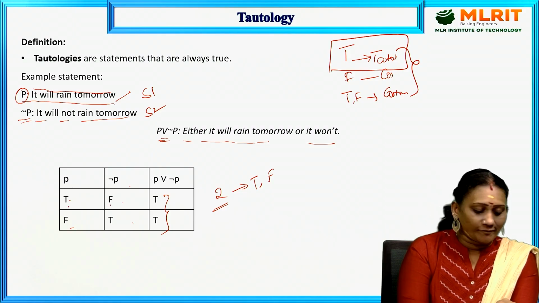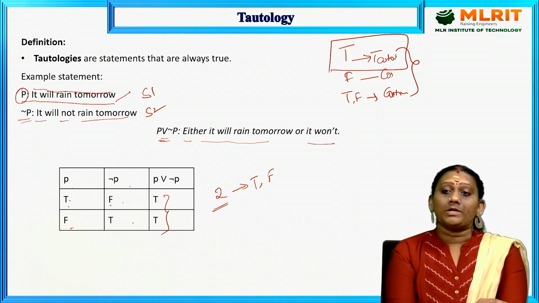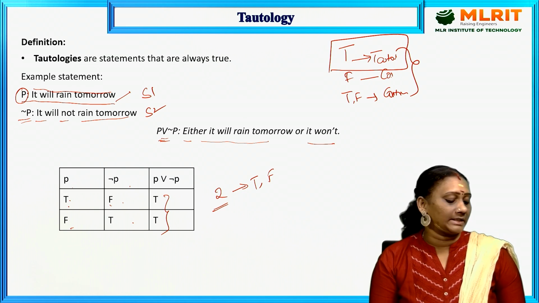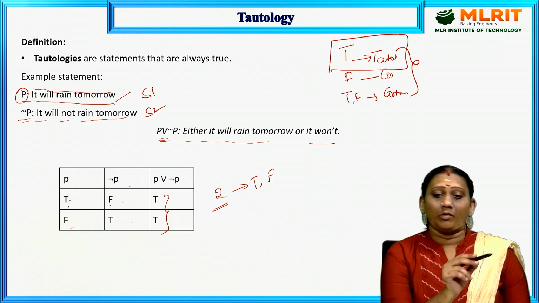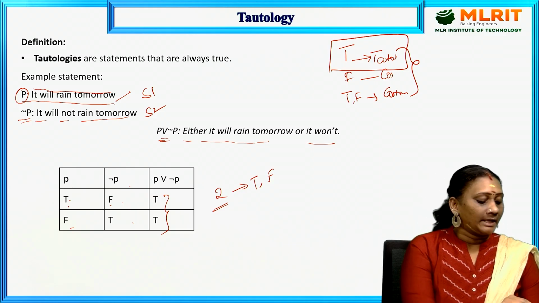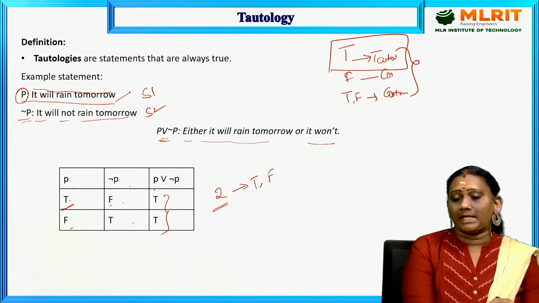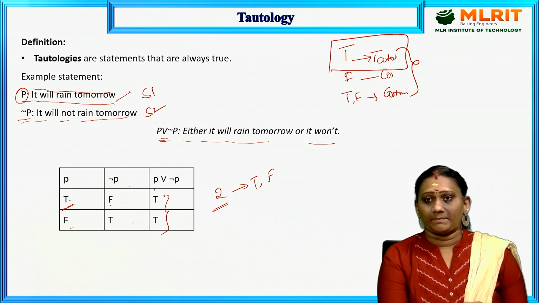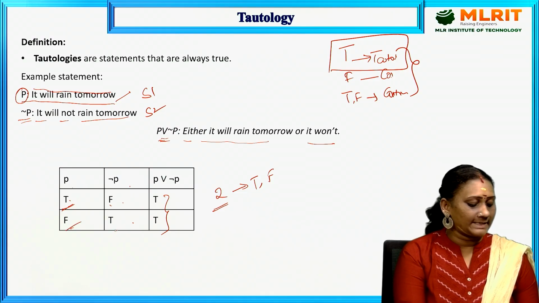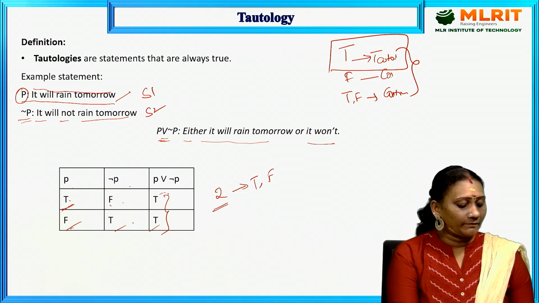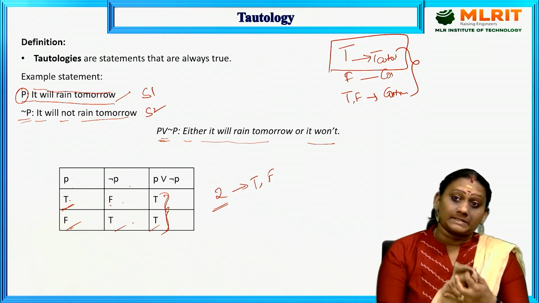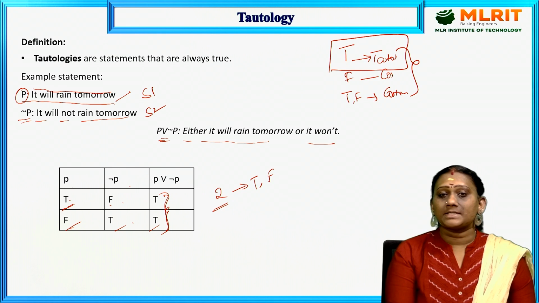So true or false, obviously true, because while applying an OR connective on a set of statements, it will be true if any one of these statements is true. In other cases, it will be false. Only if both are false will it be false. So in this case, I have got all the output values. The last column I have got false or true, so I can call this a tautology. This is the basic example.